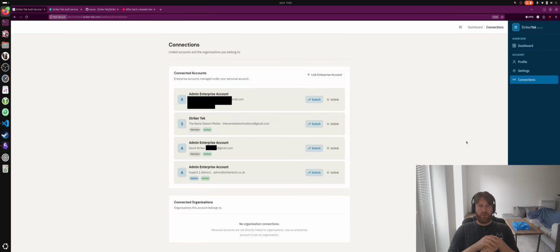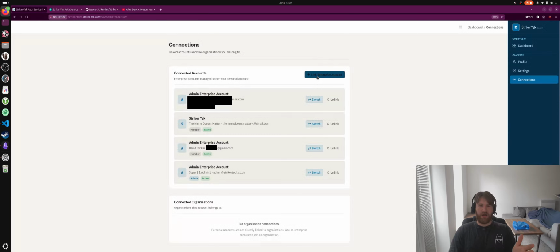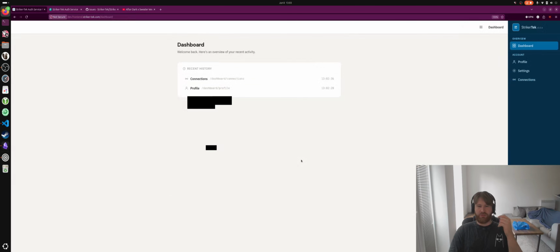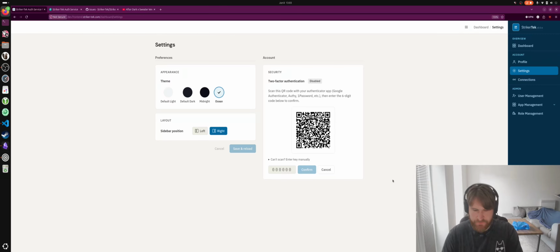These accounts can be added as easily as logging in via this add link enterprise account button. This way, I can have one personal account that I create for my own personal use, for my own personal applications or other people's applications, with my personal data, but I can then switch to an enterprise account immediately. Now, one thing you should note is that the enterprise account didn't ask for MFA because we just disabled it. If we re-enabled MFA, which I can do right now,